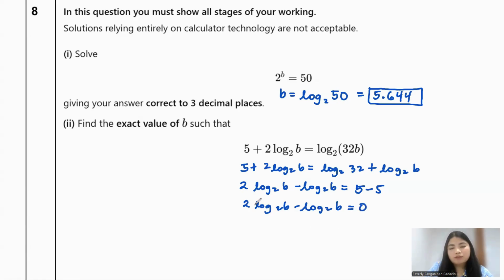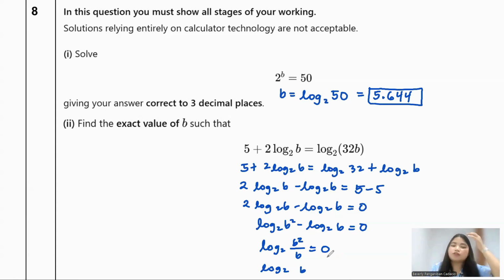And then for me to simplify my b, I would like to put this 2 on the exponent, power rule, right? So it will become log 2 b squared minus log 2 b is equal to 0. And then there's a minus. I can combine it now because they are the same, log 2, and I will divide both now. b squared over b is equal to 0. I will simplify. Log 2 will just be equal to b, because b squared over b, you cancel out the indices or you can just divide them, is equal to 0.